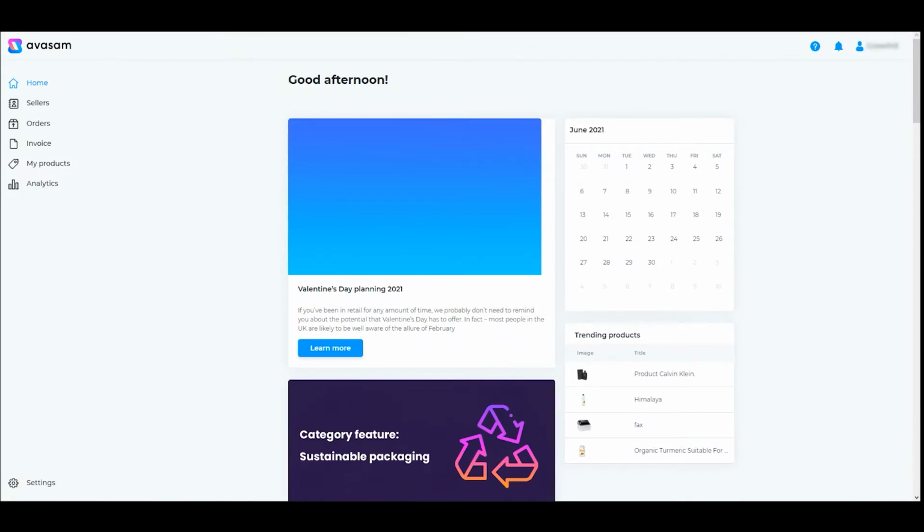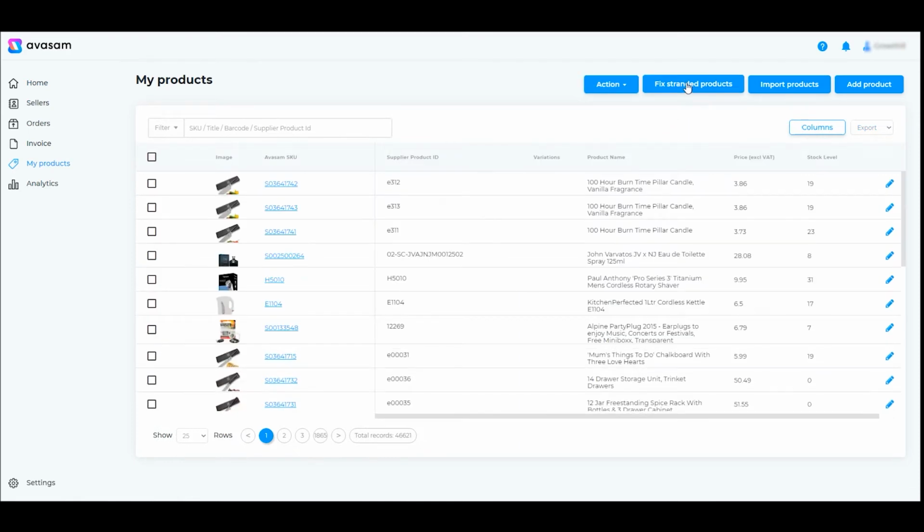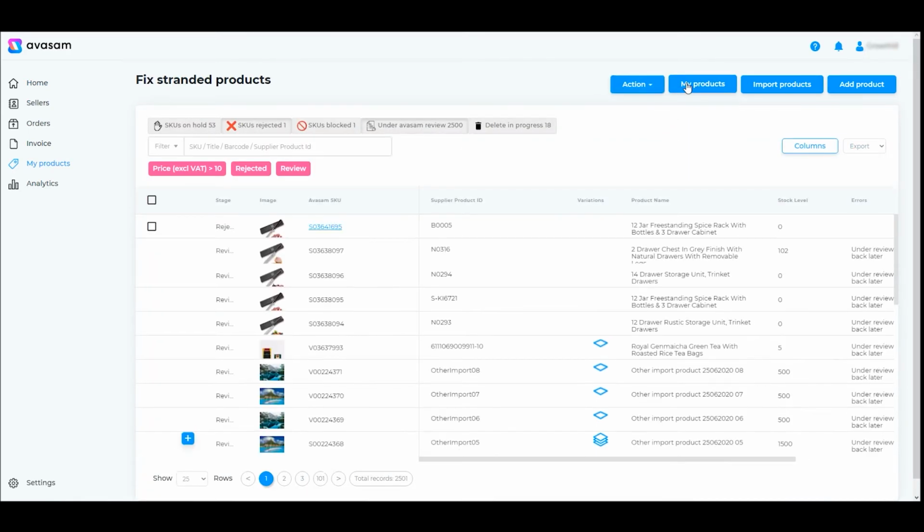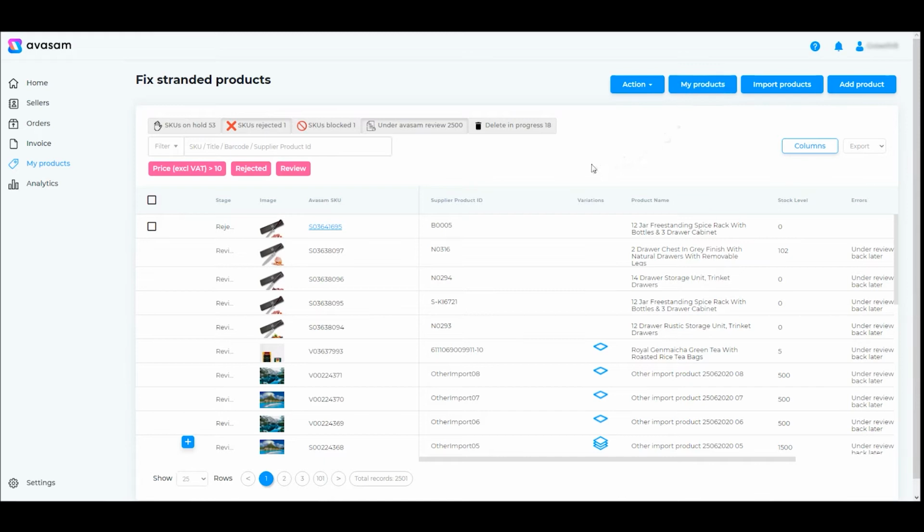So it's important that you understand how this works so that we can make sure that you don't lose products without realizing it. So I would suggest that once you've submitted everything and the import is completed, for example, or once you've hit save, then under my products, the best place to look initially is fixed stranded products. So in here are all the products that are in staging, and up the top here we have filter buttons